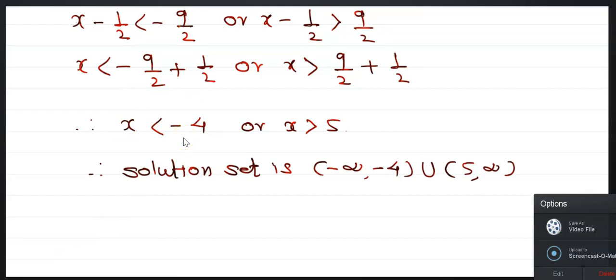It means minus infinity to minus 4. This is the open interval. What about the next? x is greater than 5 means 5 to infinity. These are the two open intervals. Now next is